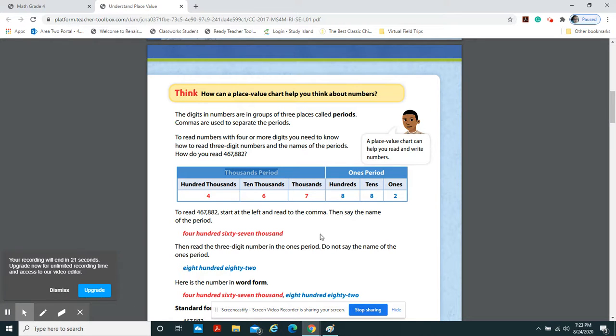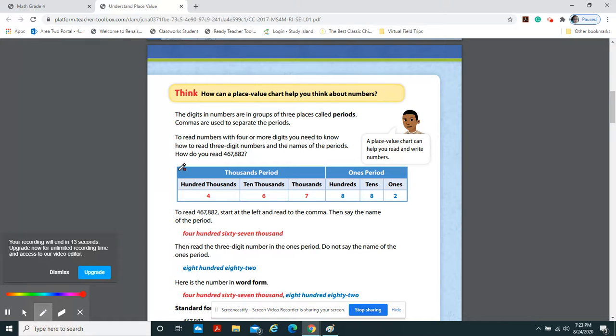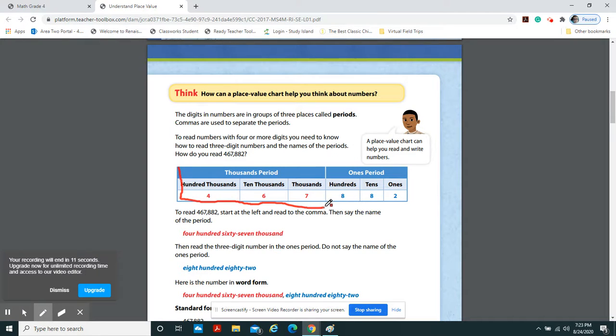So when we read a number, we always read the number from left to right. A good strategy is to box each period and read the number, pardon the mess, as a regular number. And we will continue this lesson